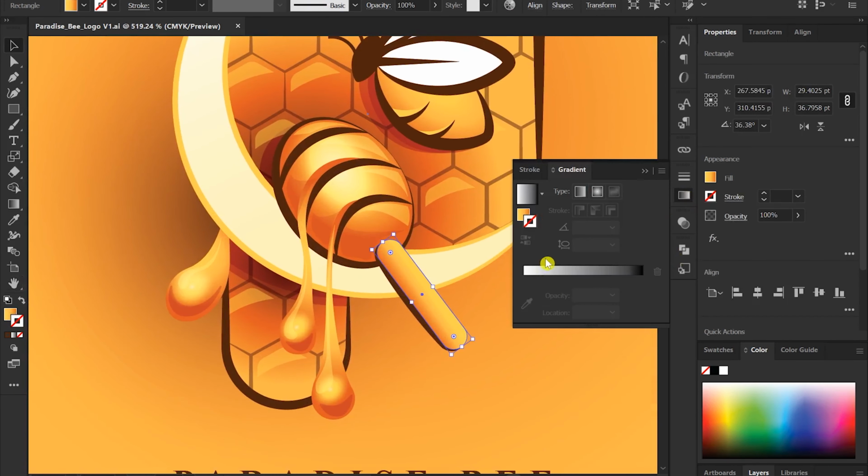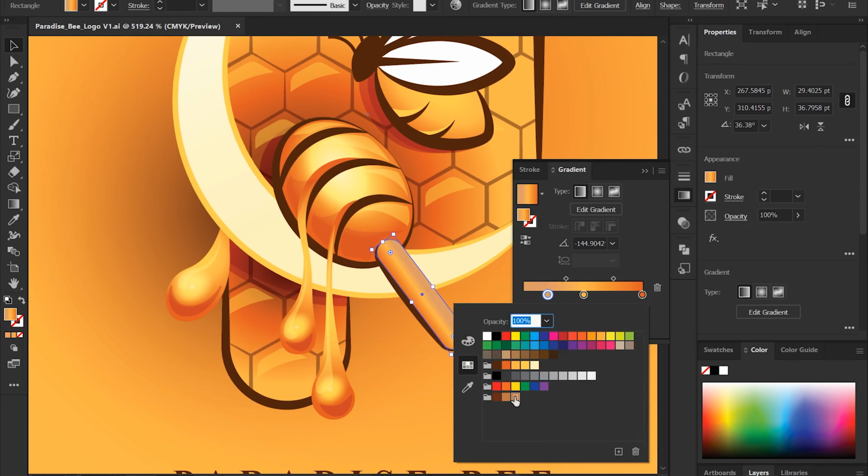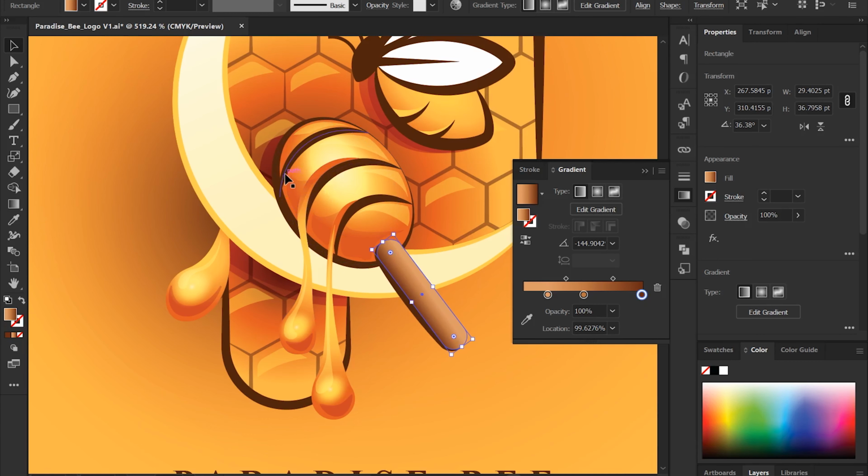Honey stick and BM mixed in the illustration, they have to be separated a bit with the help of color.